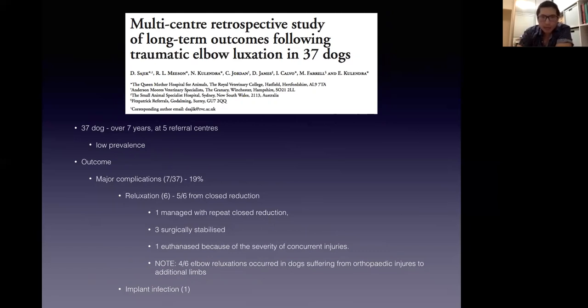And so the outcome for this paper: major complication was about 20%. And the most common complication that we see was re-luxation after closed reduction. And so how they managed that was, one, they just pushed it back in, closed reduction again, and then external coaptation. Then 3 were surgically stabilized, and 1, unfortunately, was euthanized. So what's important to note here was that 4 out of 6